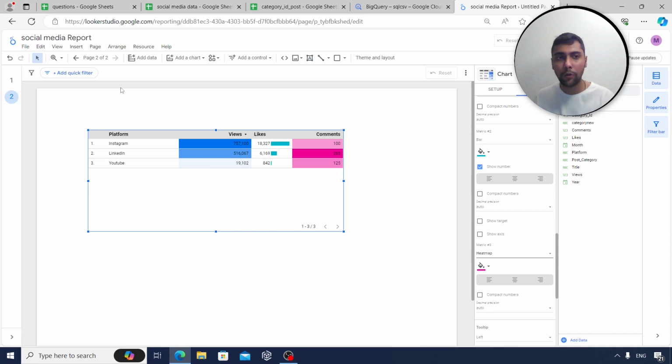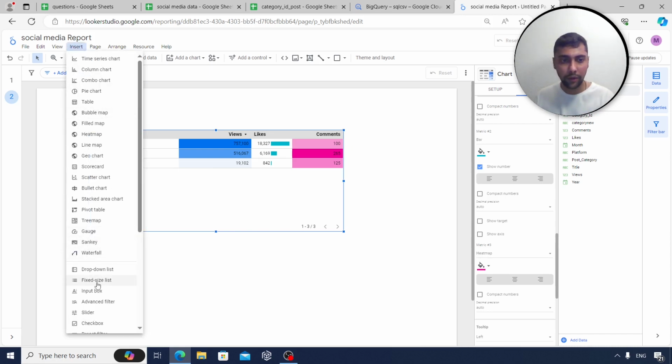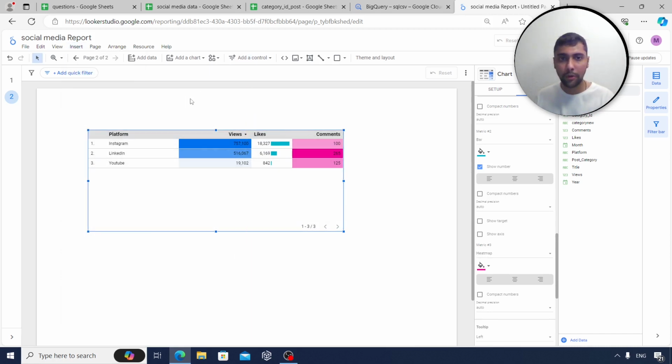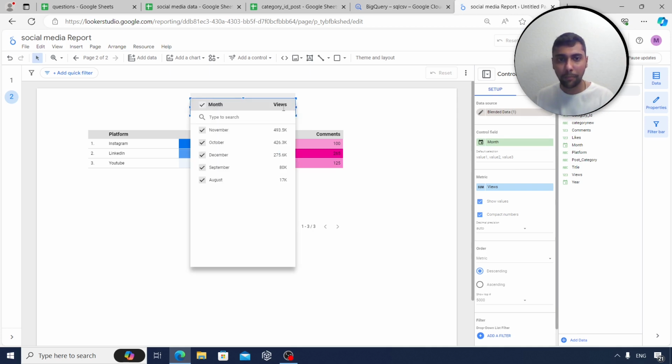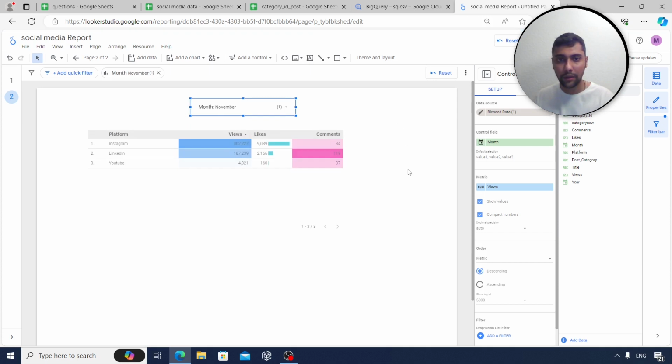Now, if you want, you can also add a filter, right? So you can say insert a drop down list, and over here, for example, I can put month as a filter, right? I can bring that here. Now I can see per month, right? Let's say I want to see only for November. I can select November and see the trend, right? So even there you see